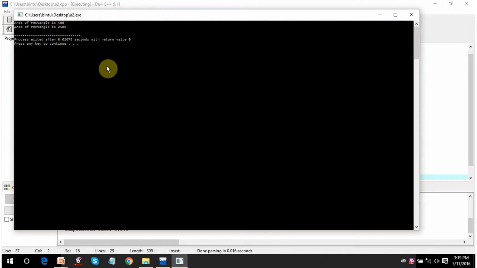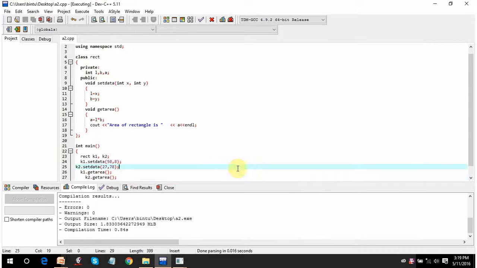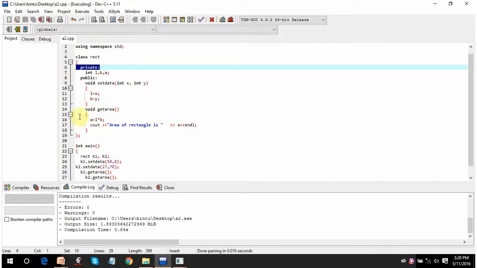So this proves that the instances help in reusability. It enhances a program. The values of one object will not interfere with the values of another object because of this abstraction, you can say. This is encapsulation also, that the values of one instance will not collide with the values of another instance. We'll be understanding these access modifiers in the next lecture also.